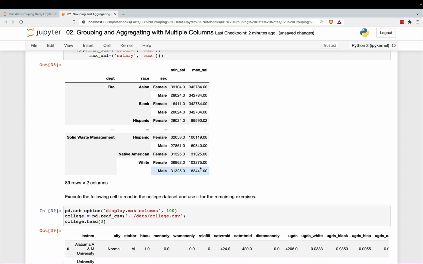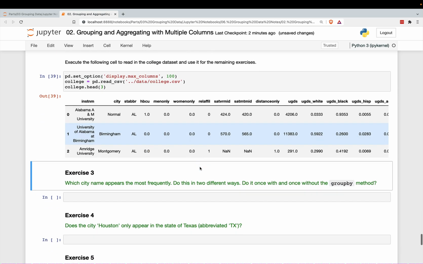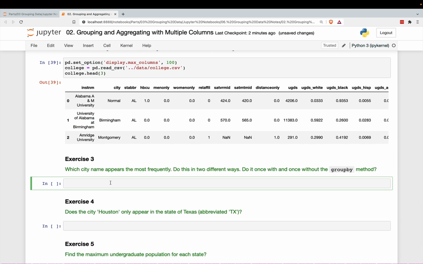All right, moving on. Execute the following cell to read in the college data set and use it for the remaining exercises. Number 3, which city name appears the most frequently? Do this in 2 different ways. Do it once with, and once without the group by method. Okay, so let's try to do it with group by. So college, which city name appears the most frequently? We're just going to group by city, and then it doesn't matter what we aggregate here. So we'll call this size as our variable. And you can actually count the